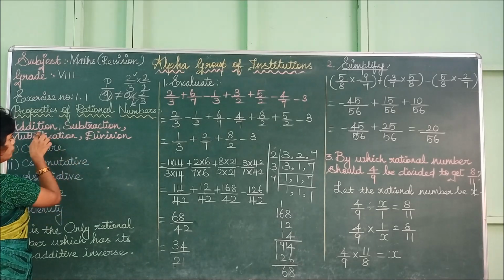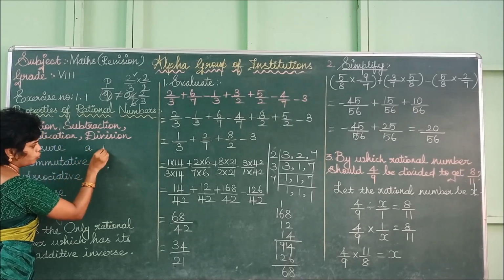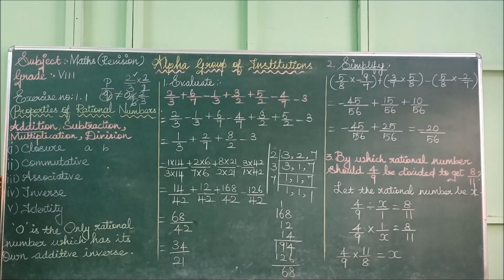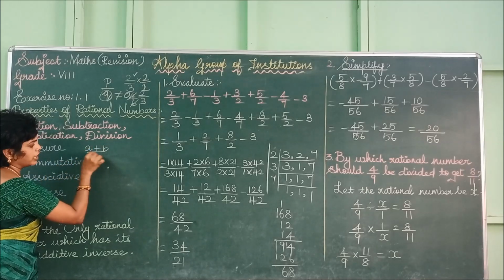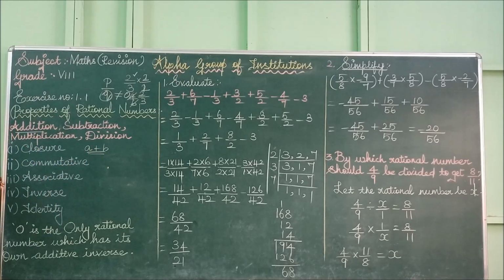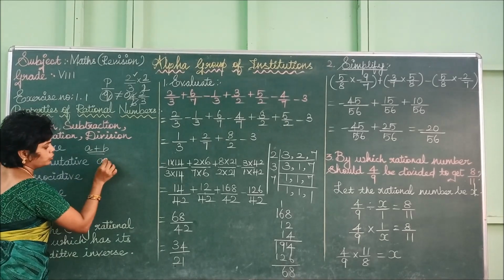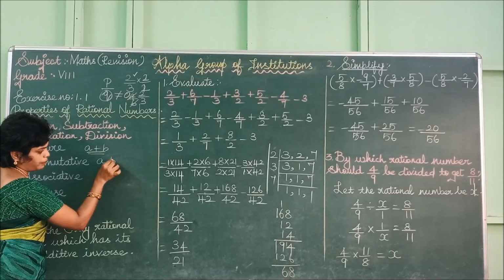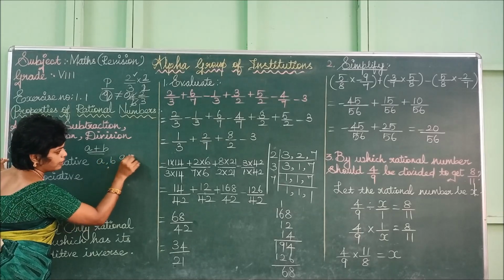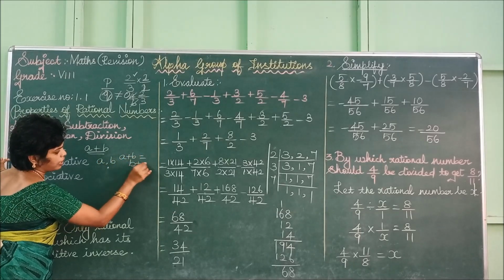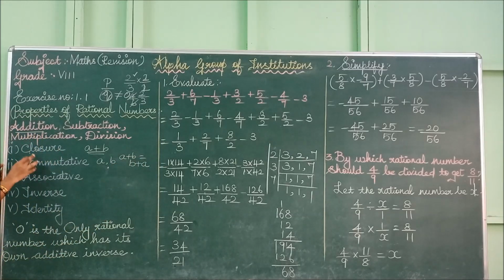So closure means what? For addition, you take any two rational numbers A and B. The sum of those numbers is also a rational number or not. That is what we mean by the closure property. Then what do you mean by the commutative property? If you take two numbers A comma B, is A plus B equal to B plus A or not? So listen carefully. For closure, you have to check whether the sum A plus B is a rational number. So if it is a rational number, we can say that rational